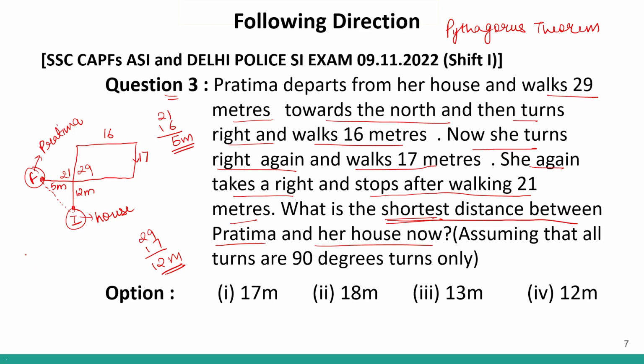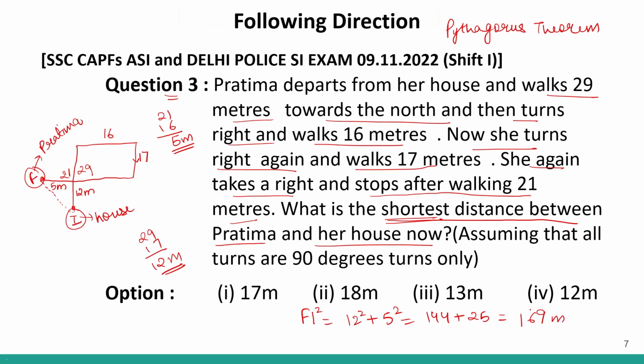So Fi, so the distance, let me write it over here. Fi square will be equal to 12 square plus 5 square. If you remember squares, this is 144 and this is 25. So this will be equal to